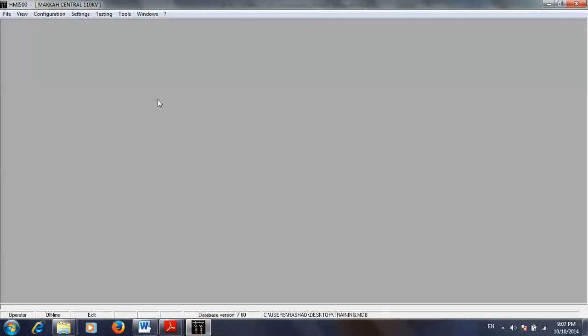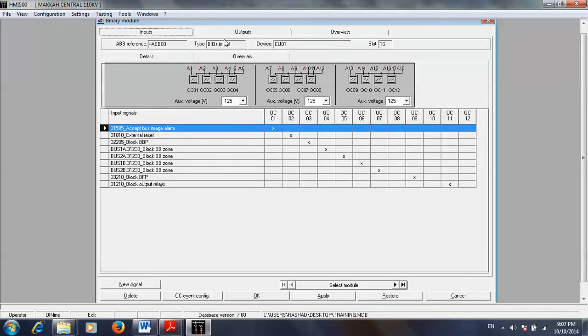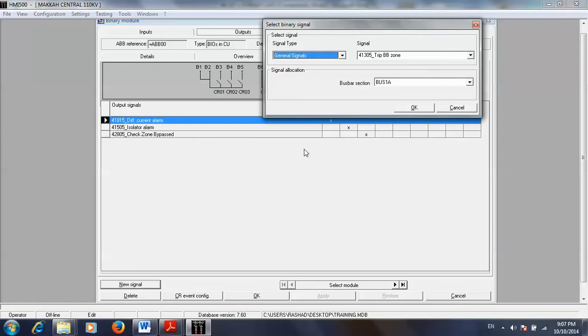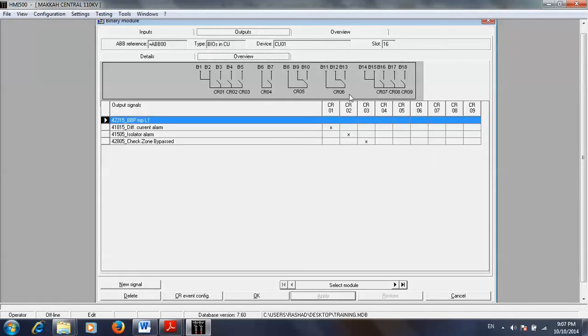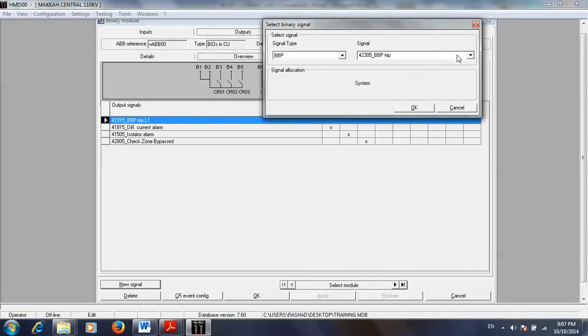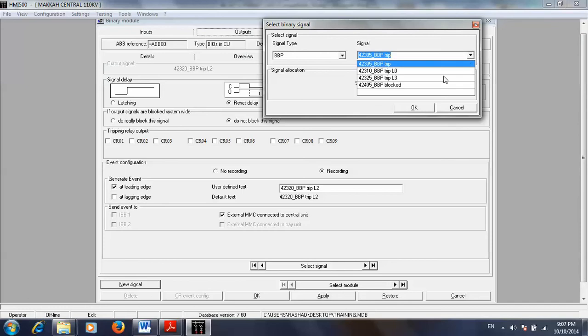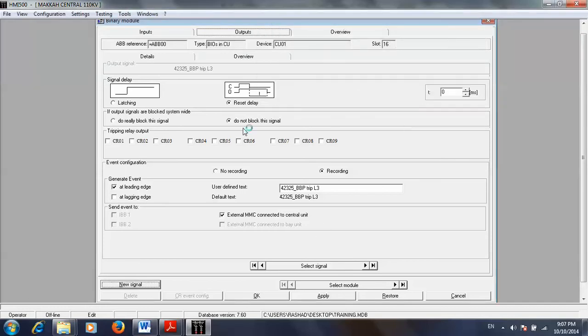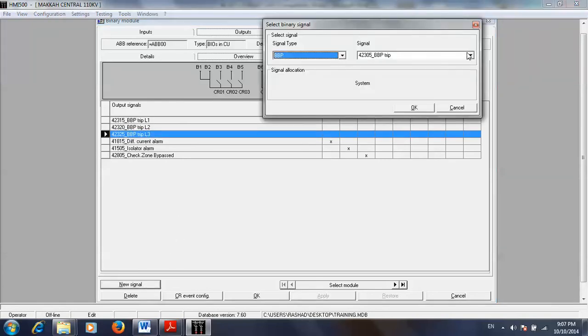So we'll go here, configuration, binary module for the central unit. In the output contacts, we have to make new signal, and for the bus bar protection, we'll find bus bar protection trip L1. Okay, we don't need output contact for this one, and bus bar protection tripping L2 and bus bar protection tripping L3. So these 3 signals are available here, so we can use this one on the LED. And also you have the bus bar protection trip here